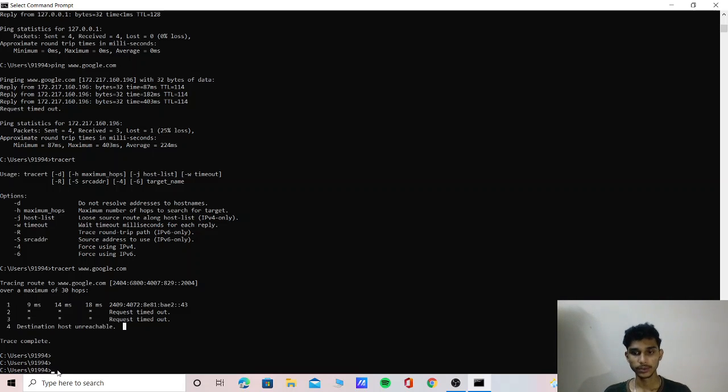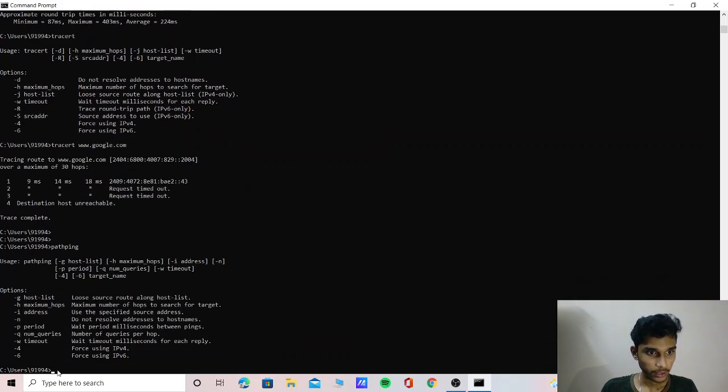Now we can give pathping. It shows the usage of pathping and the options in pathping here. Now we can go for pathping to Google.